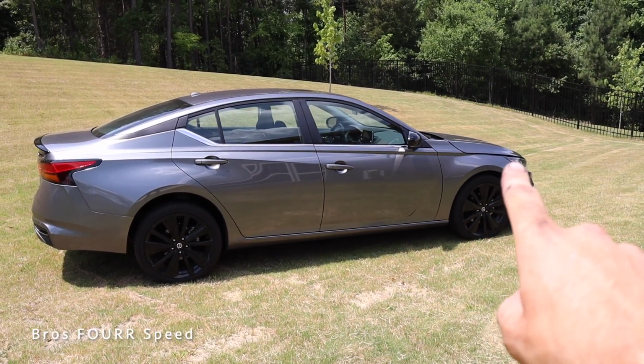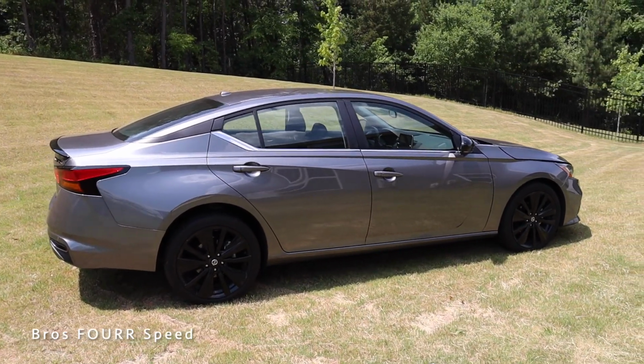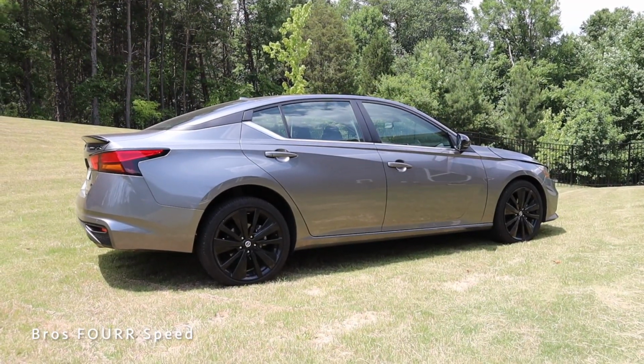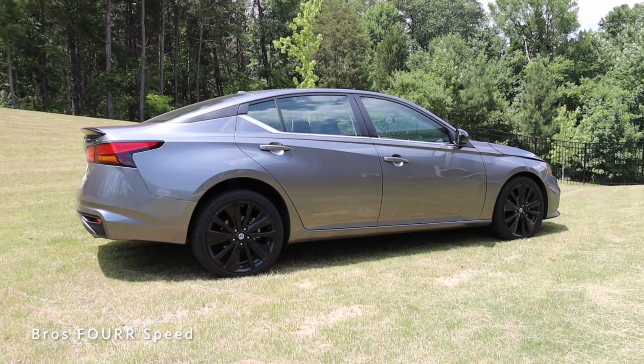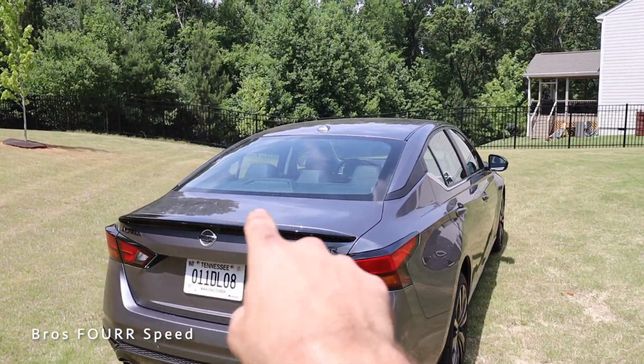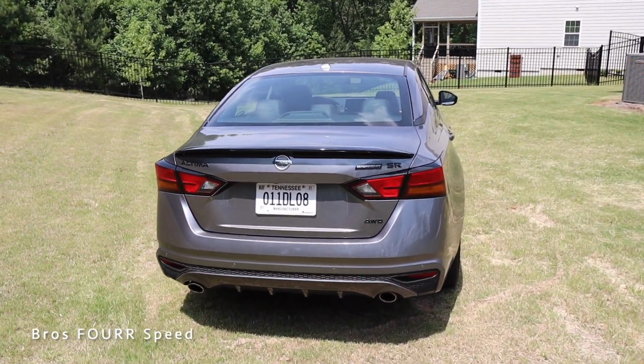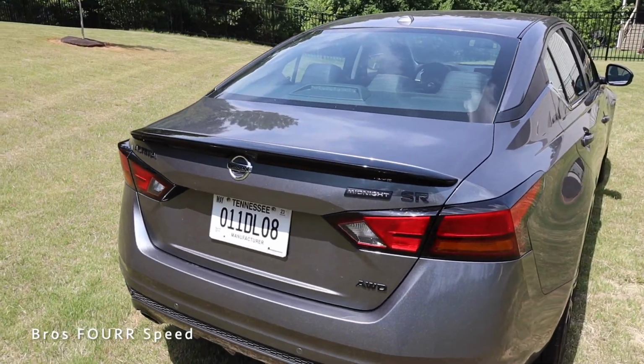Just above the fender flares up front, you can see that line just above the door handles going all the way to the taillights. There's also more gloss black just behind the rear door and a little bit of chrome in the lower section, but that gloss black makes its way all the way to the window, just flowing very nicely. And for the rear end of this Altima, it does have a trunk mounted wing that is finished off